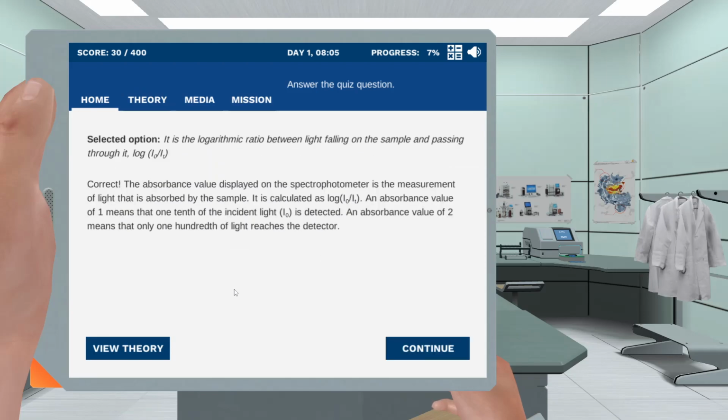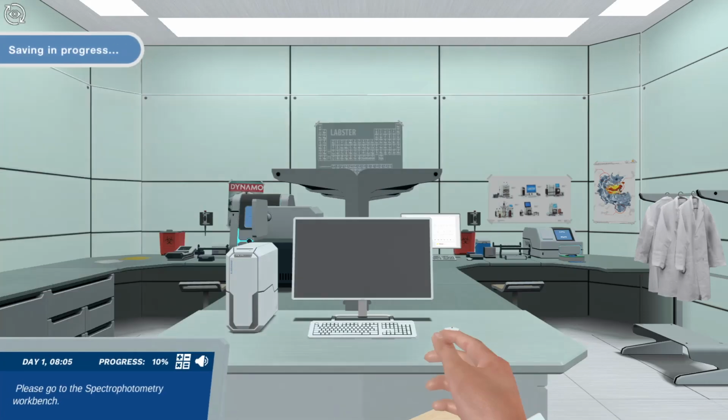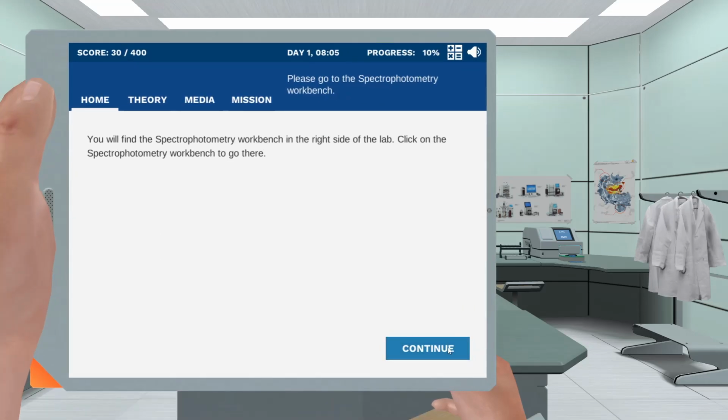Correct. The absorbance value displayed on the spectrophotometer is the measurement of light that is absorbed by the sample. It is calculated as the logarithm of the ratio between light falling on and passing through the sample. An absorbance value of 1 means that 1/10 of the incident light is detected. An absorbance value of 2 means that only 1/100th of light reaches the detector. You will find the spectrophotometry workbench on the right side of the lab. Click on the